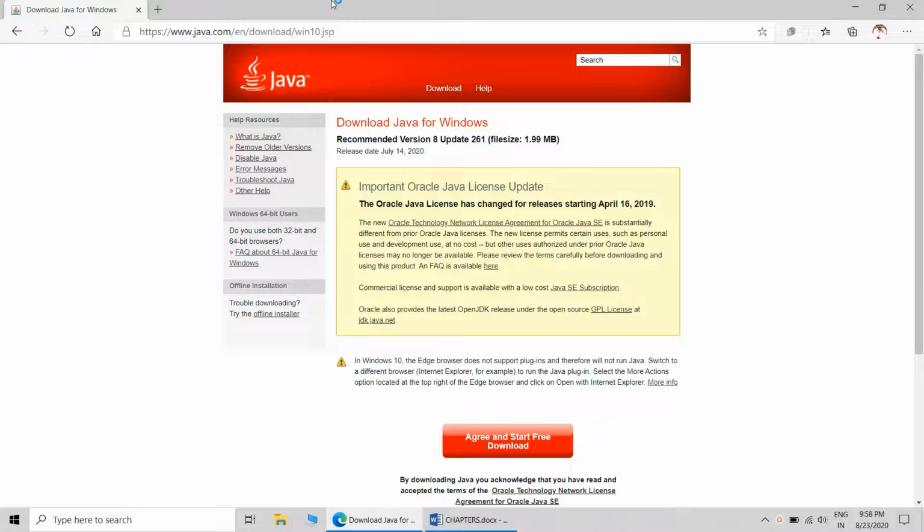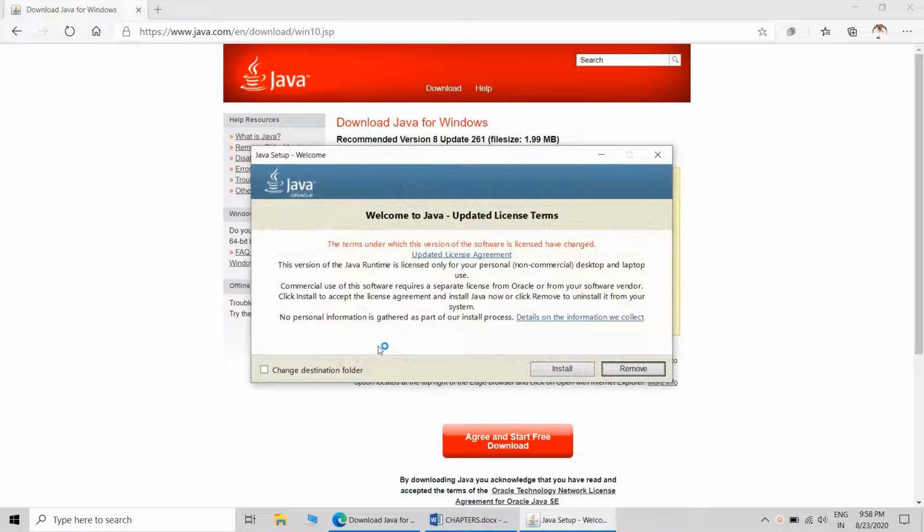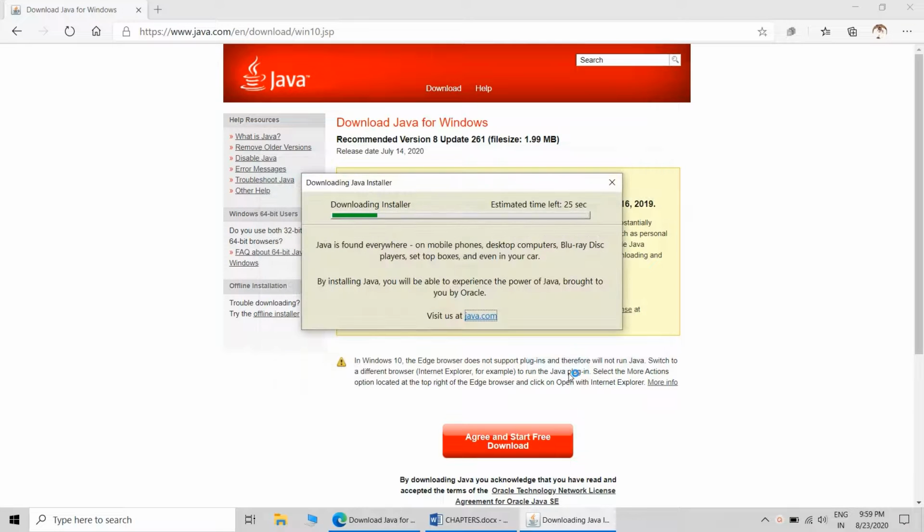Then you can install that downloaded Java on your laptop or PC. It's a small plugin actually. It takes a few seconds to download and install. So quickly install Java.